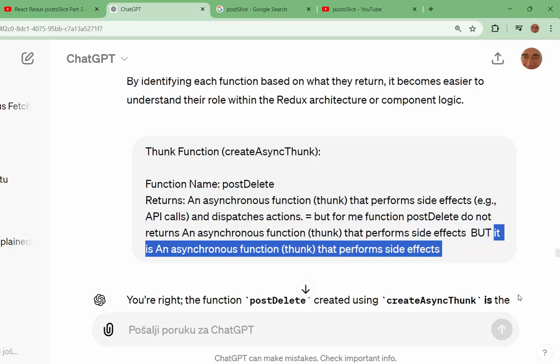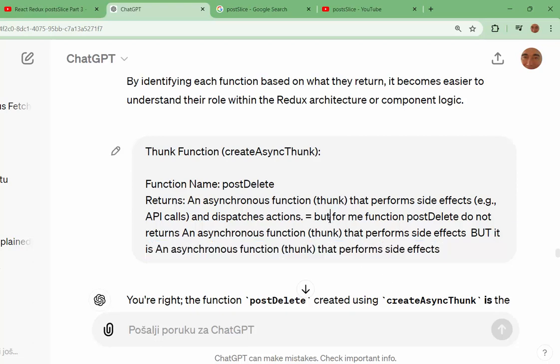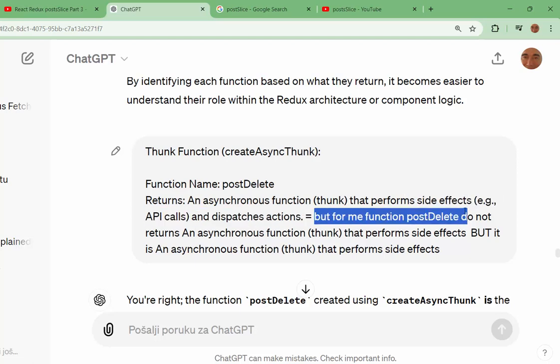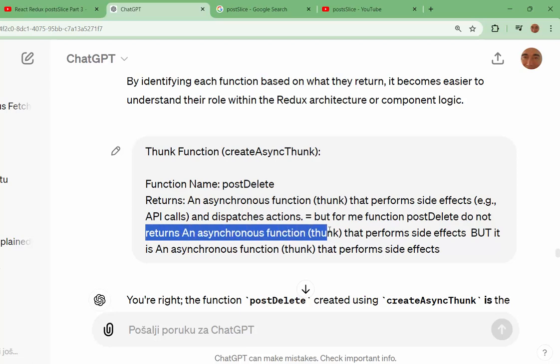Here is that moment where I copy concretely part of the text of the AI with an equal sign, and I said, but for me, function post delete doesn't return an asynchronous function thunk that performs side effects, but it is an asynchronous function thunk that performs side effects.